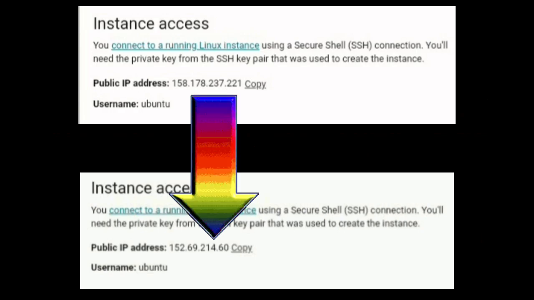Today we are going to talk about how to permanently change public IP address of instance in Oracle Cloud. You can change public IP address of your VPS anytime. There is not any limit. In the end of video, I will show you IP address ranges that you can assign to your VPS. So, let's start our video.